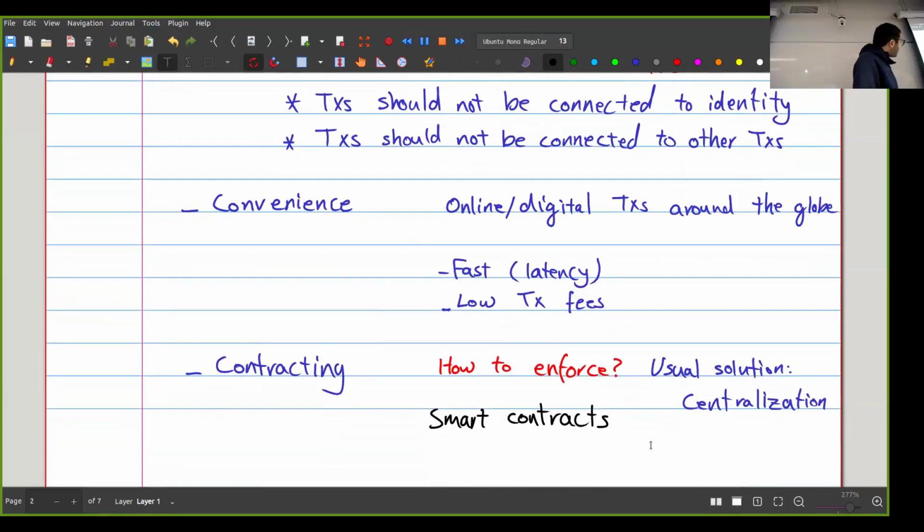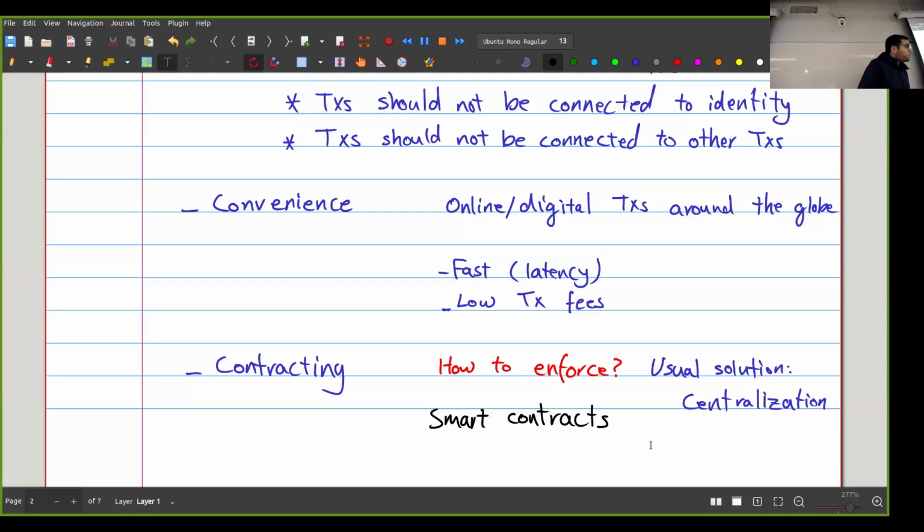Okay. But another important thing, and this is something that people don't usually think about when we talk about currency, but it's actually going to be the main focus of this course, is that we don't just spend money, we don't just buy stuff with money, we also write contracts with money. And contracting is a very important aspect of a currency. If you have any kind of currency, it's meaningless if you cannot write a contract with it. I want to be able to have loans, mortgages, all sorts of contracts. I don't know, CFDs, whatever.